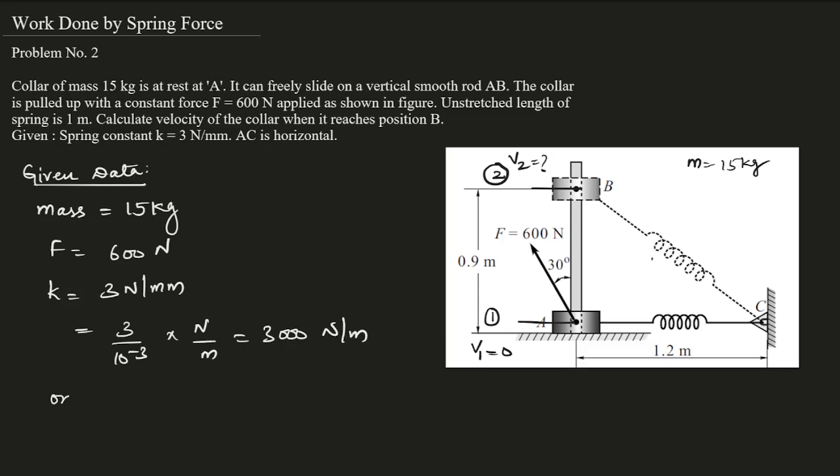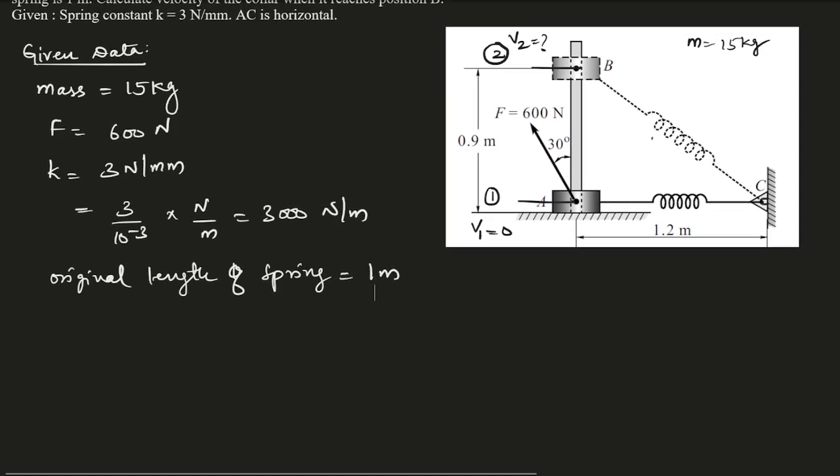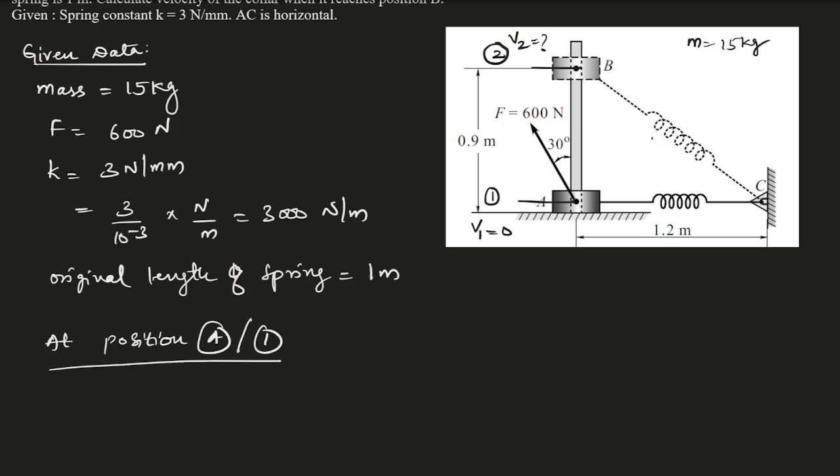And the original length of spring is 1 meter. So we have to write at position 1 or position A, at position A or at one position,